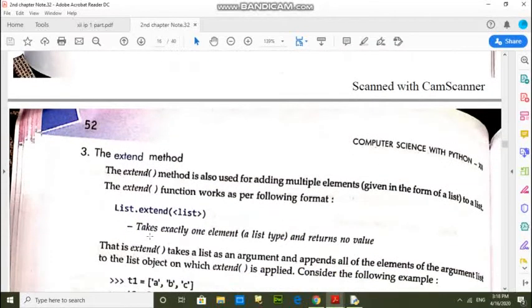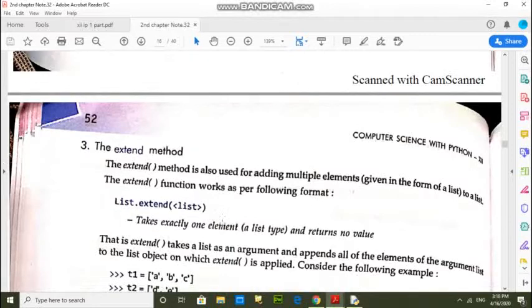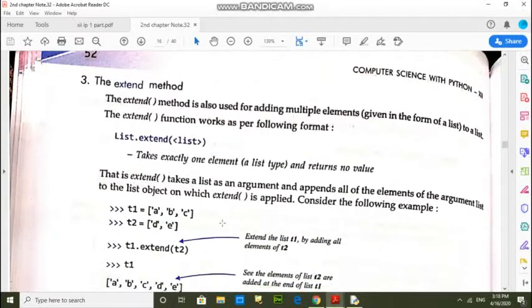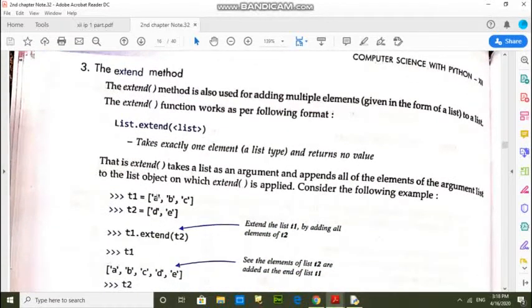And the next function is the extend method, and this method is different from the append method because this function is used to add more than one value at the last of a given list.